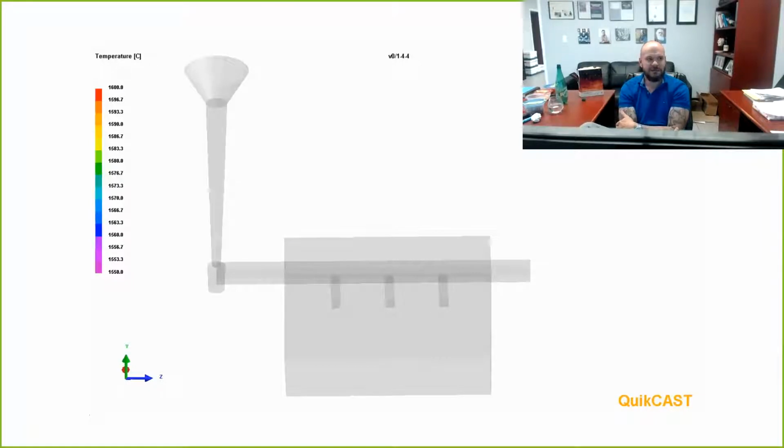Now let's go over and start looking at some gating technique. What we've got here is the traditional AFS 1:4:4 gating ratio. This is what we're taught at the Gating and Risering course to use for non-ferrous alloys. And so we've got some traditional features. This is a conical pouring cup, which is essentially an enlarged targeted entrance so that the ladle man can hit it. We've got a sprue, which has nominally been usually randomly tapered just so that we can remove it from the sand.